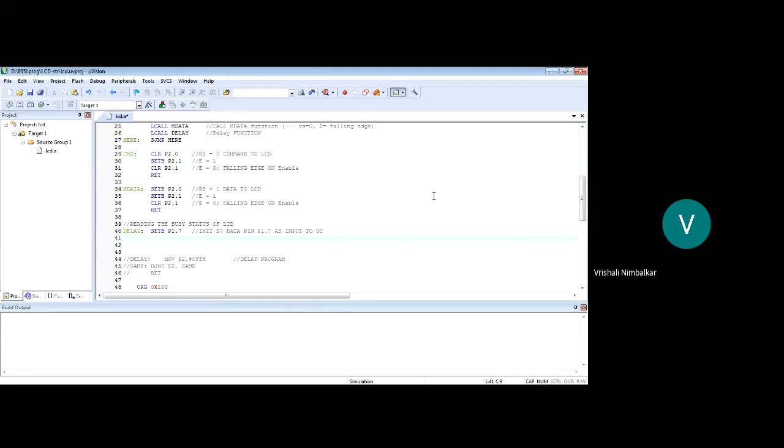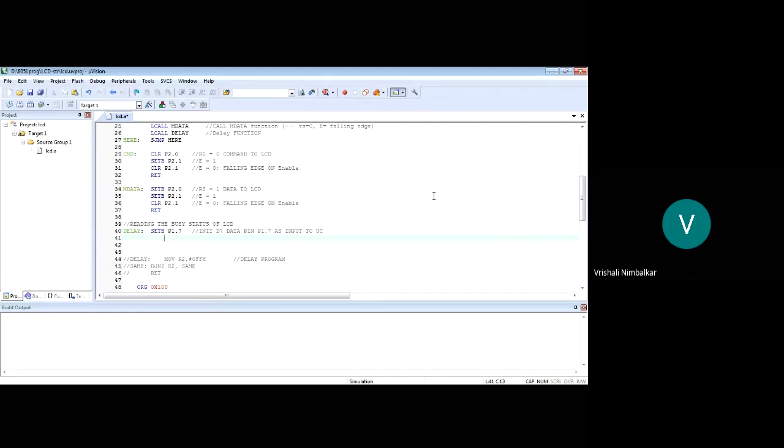Right? But now see here students, in whatever interfacing diagram I had shown earlier, the R/W bar pin was permanently grounded. Now, if we are doing the read as well as the write operation to LCD, writing the command words, writing the data words, and reading the busy status, in that case, we cannot connect R/W bar to some permanent connection. During the write operation, R/W bar should become 0, and during the read operation, R/W bar should become 1. It means R/W bar should be controlled by the microcontroller.